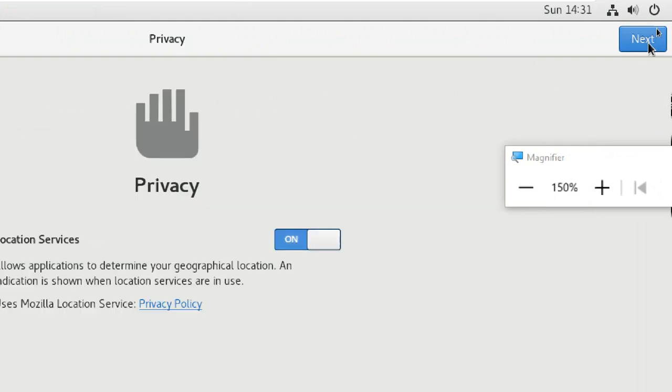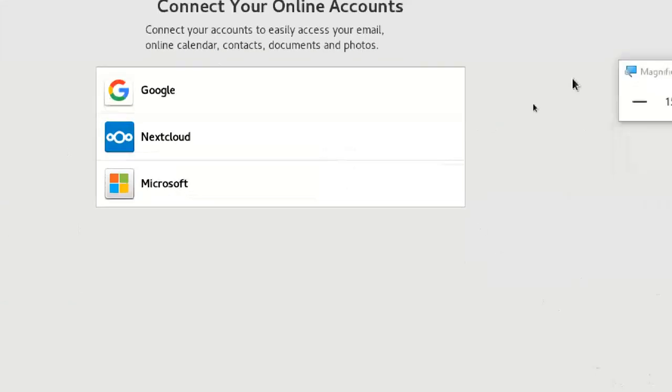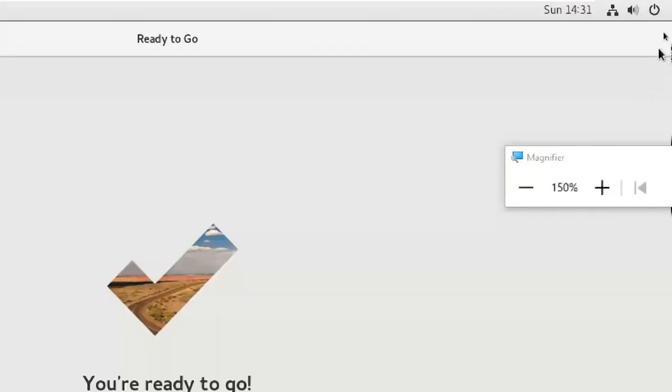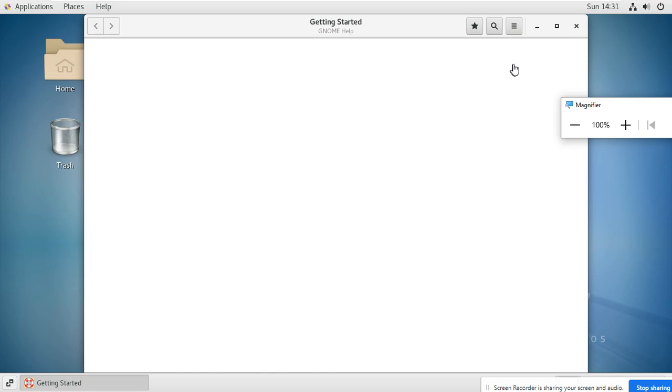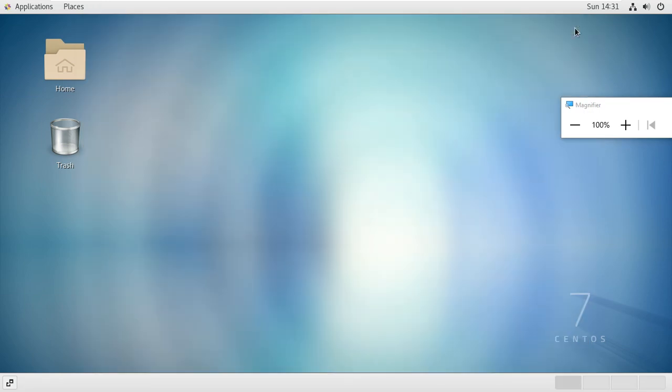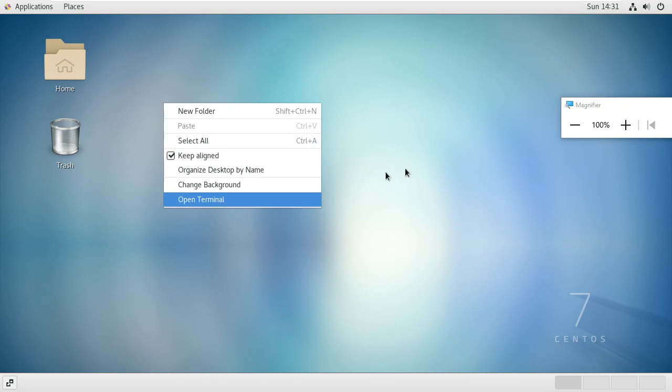Next, next, next. Skip. Start using CentOS Linux. Close. That's it.